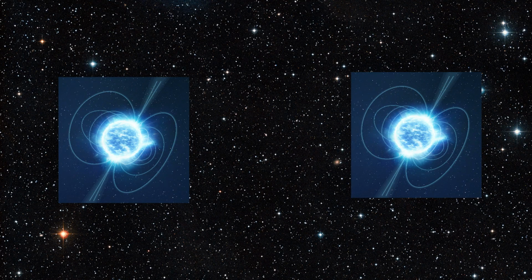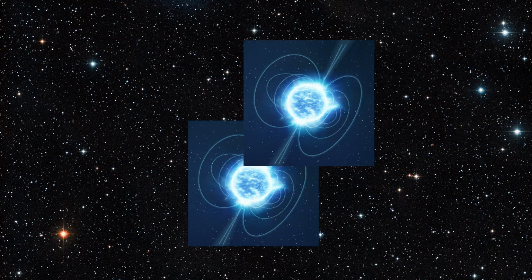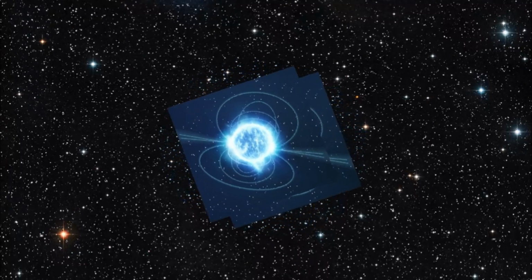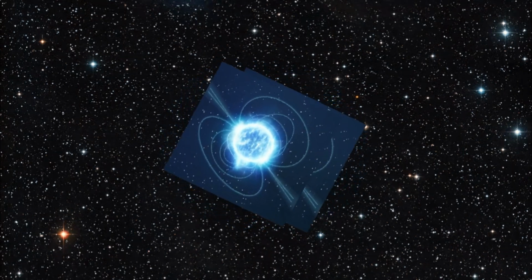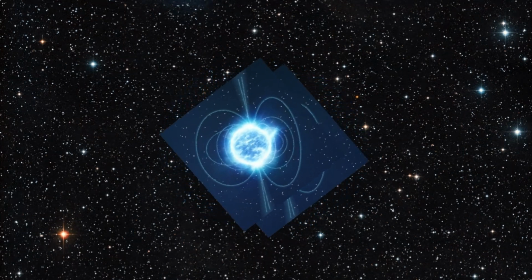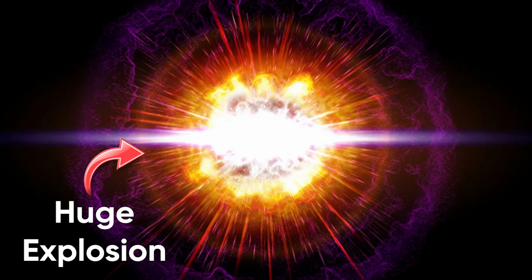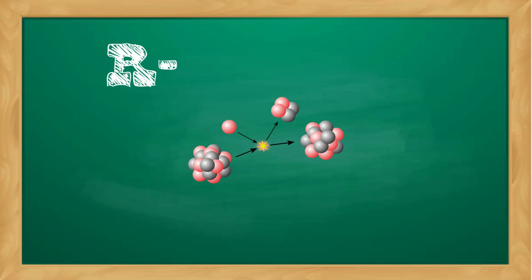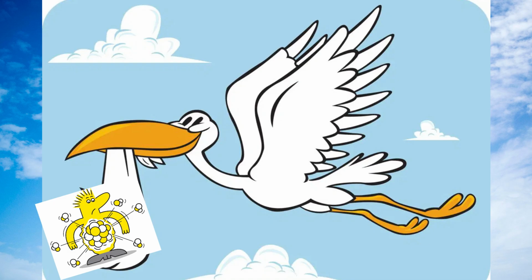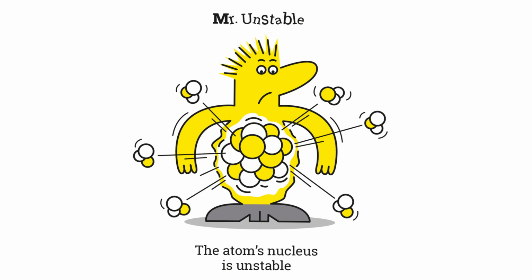When two of these stars get close enough to one another, they enter an orbit together. This orbit, along with their very heavy masses, causes them to eventually spiral inward and merge. This merger leads to a huge explosion, which causes neutrons to shoot outwards and rapidly bombard any surrounding atoms. Scientists call this R-process neutron capture, and it is responsible for the production of many heavy, unstable isotopes, such as